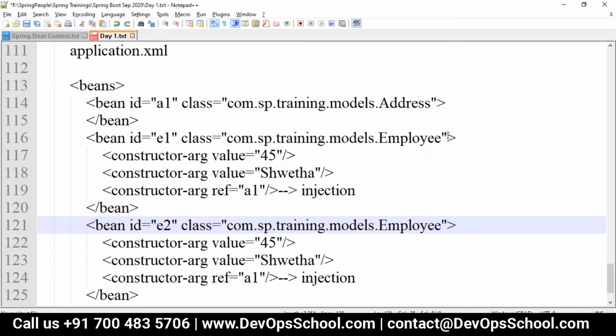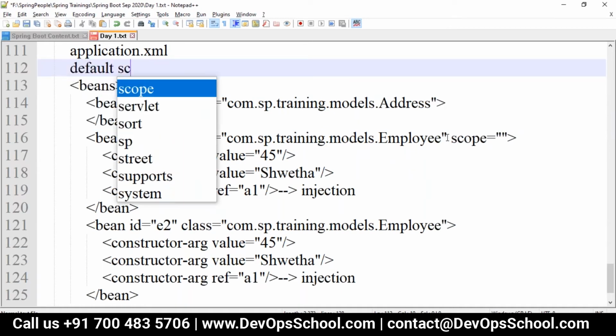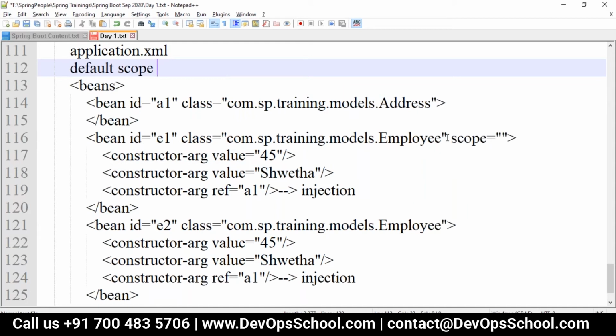Here the scope also will be there in the bean in the Spring application. So there is a property called scope. That is, you create one object or 10 objects, but it always maintains only one object per container. The default scope of a bean is singleton.